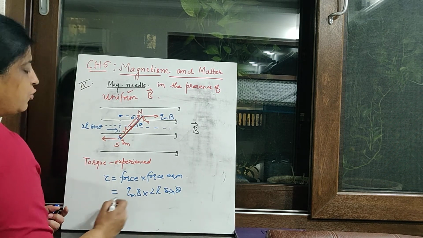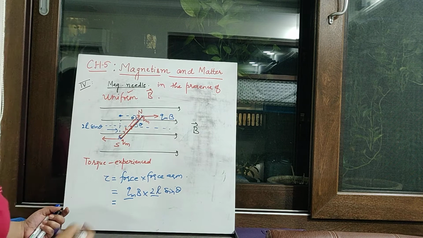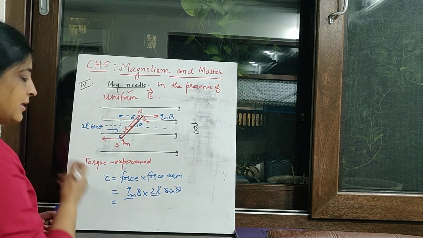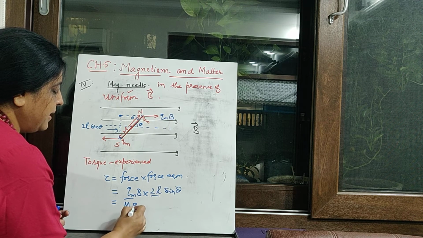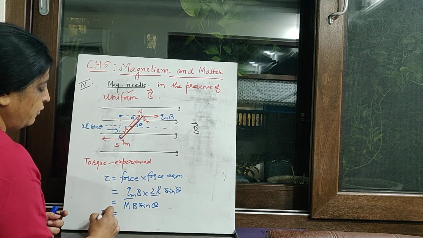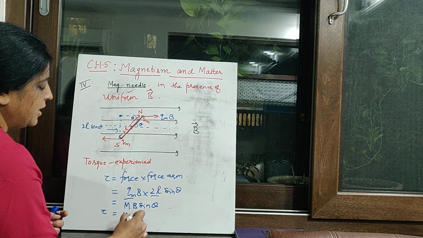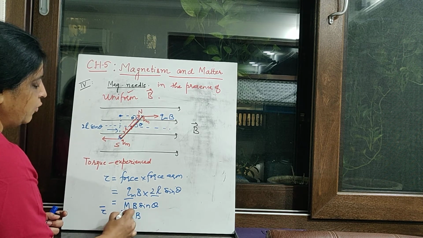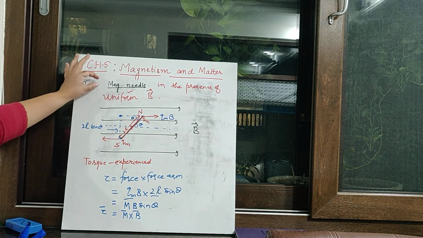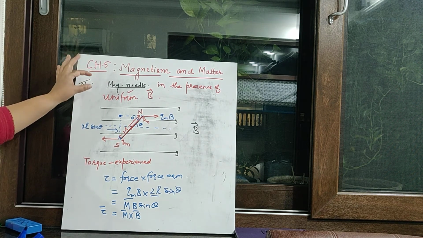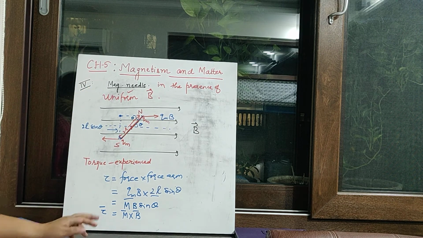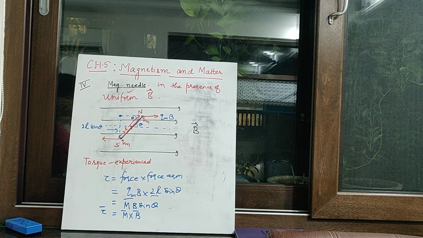Just now I told you Qm into 2L. A moment before I told you this is the magnetic moment of the magnet. So we can write down mB sine theta, right? And mB sine theta, the direction of the torque is given by their cross product. So we write down torque is equal to m cross B. So whenever there is a magnetic needle in the presence of a uniform magnetic field, it experiences a torque equal to m cross B.